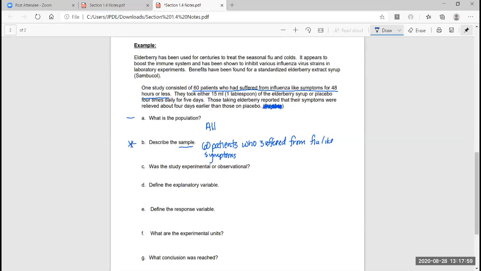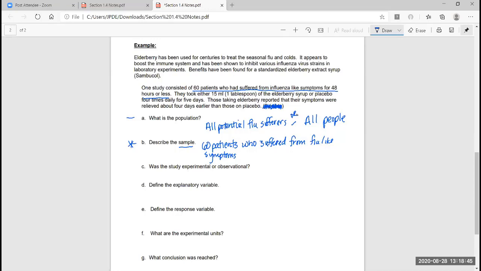oftentimes there's a few different populations that I would accept as correct. So when I look at this, I want to study these patients to see if elderberry syrup helps with the flu. So who am I trying to help? People who might get the flu. So you could say all potential flu sufferers. Or you could just say all people, right? All people can get the flu. So either of those would be